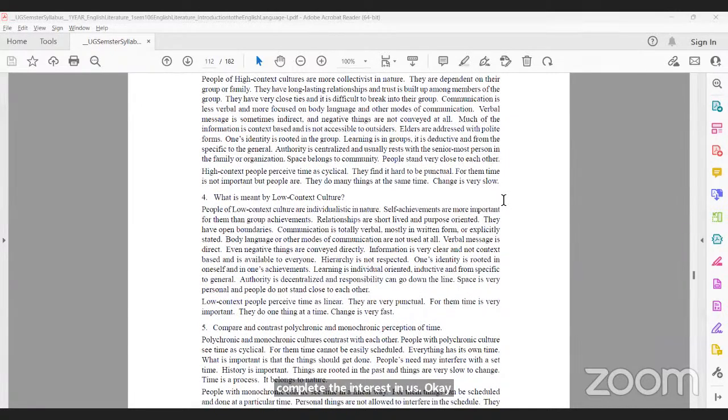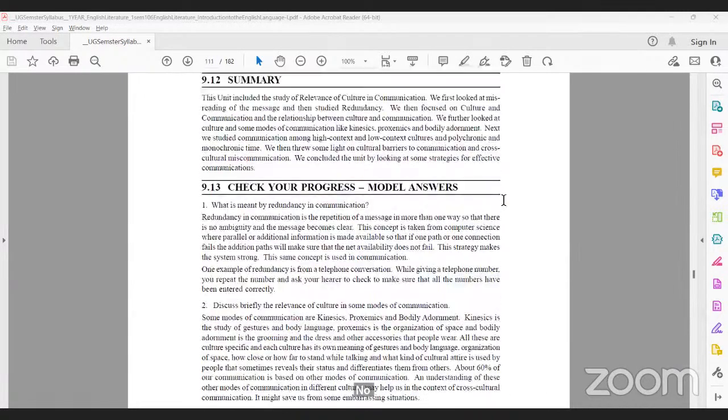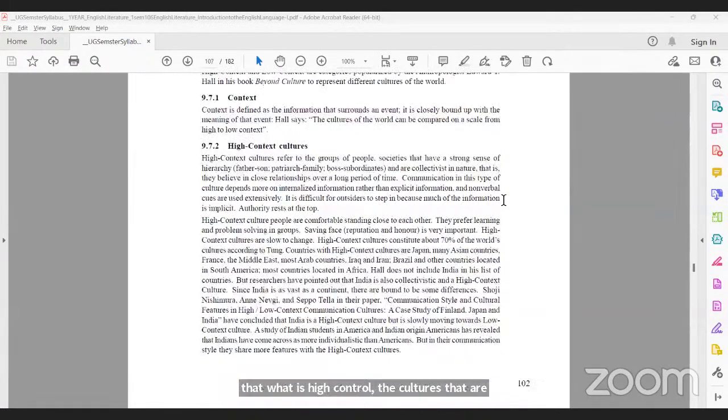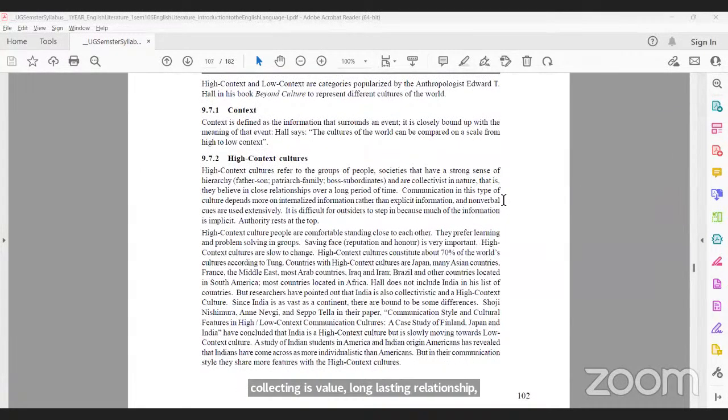Now, what is a high context culture? Cultures that are collectivist, value long lasting relationships, and communication is context sensitive. So a high context culture has a very collective system with long lasting values, and they don't want to bring changes so soon. They want to follow their tradition for a long period of time, like the cultures of China, Japan, all these people. They don't even want to try to copy others,